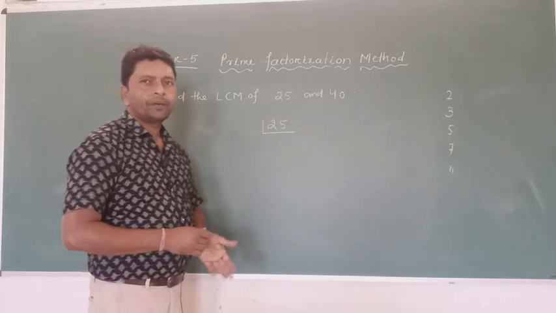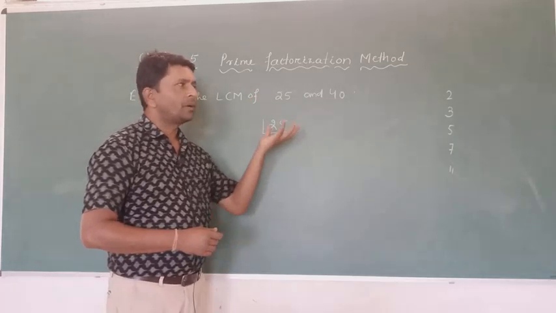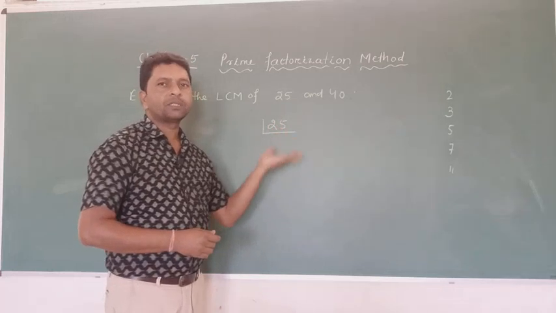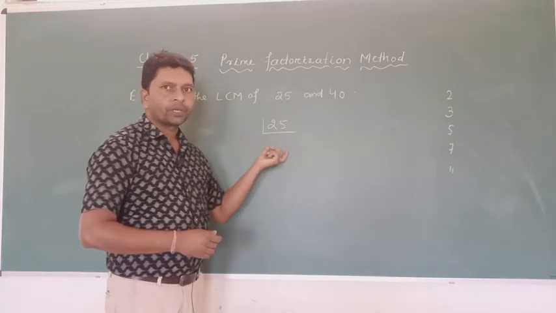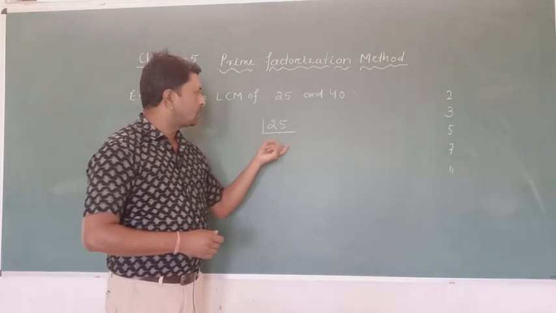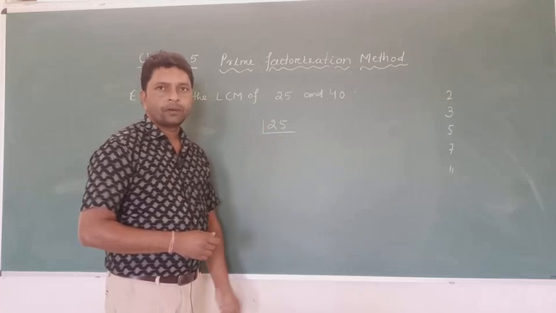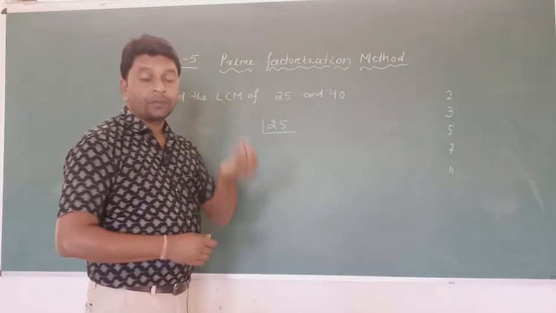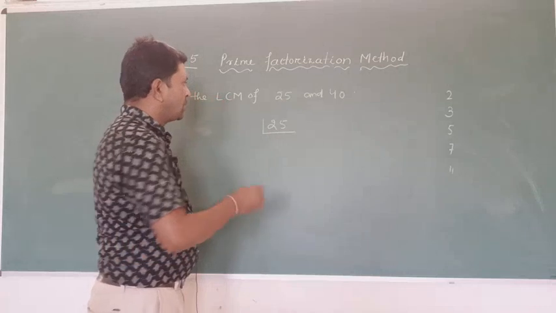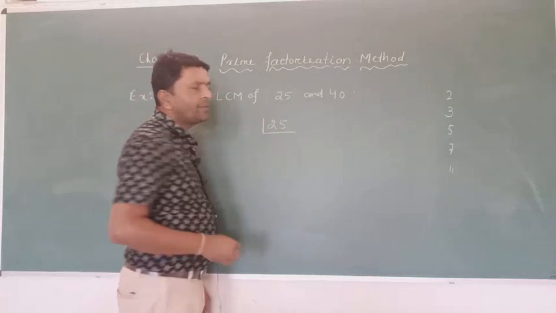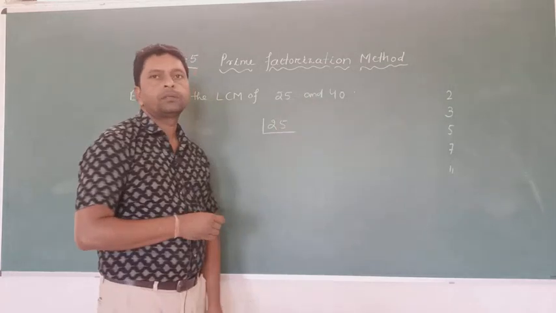Okay, you have to remember the divisibility tests of all the numbers also, which numbers are divisible by 2, which numbers are divisible by 3. So just by looking at the number, we can judge whether it is divisible or not by that number. There is also some theory, I will explain it later. But now, 25 is not divisible by 2. Okay, so what we have to do, we check with 3.